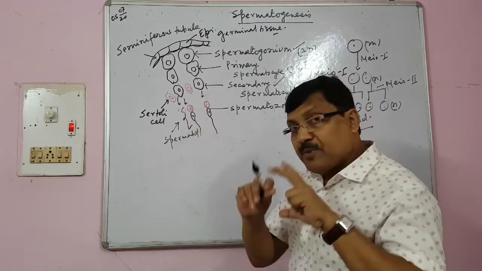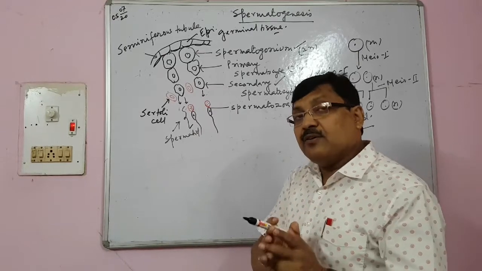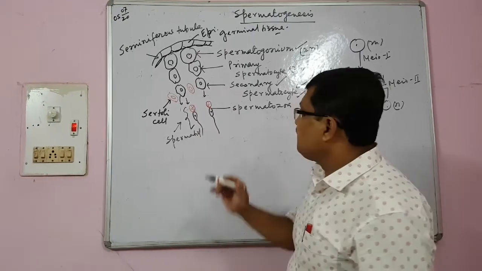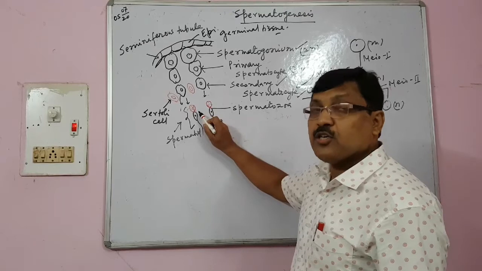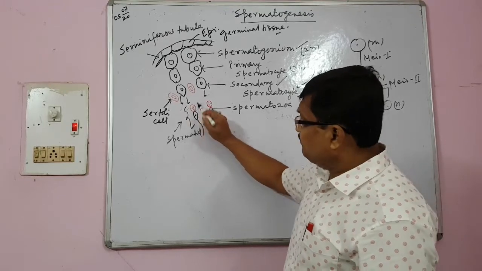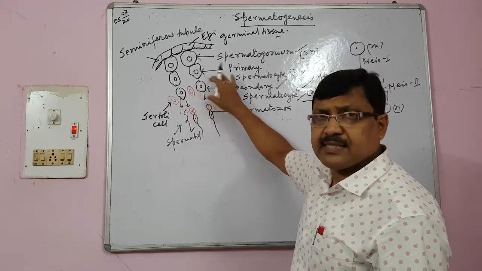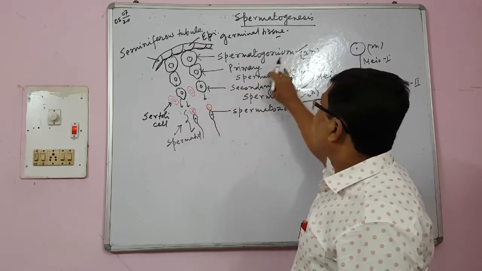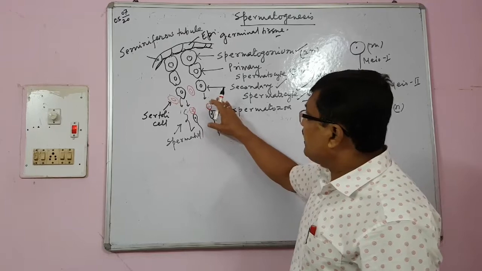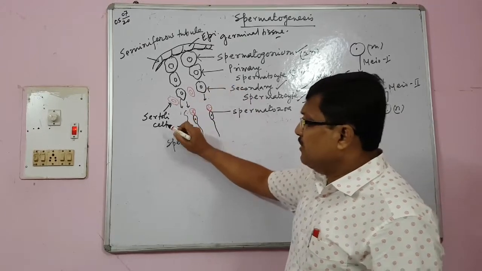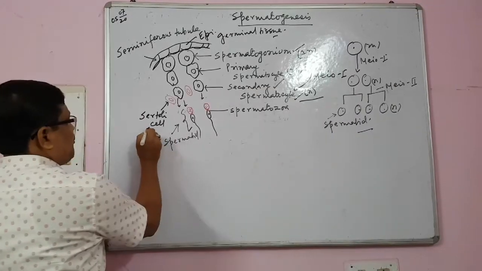Here the transformation is occurring with the help of FSH hormone, and several Sertoli cells are scattered between the spermatogonium cells, and these Sertoli cells provide the